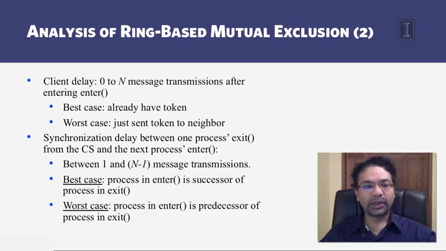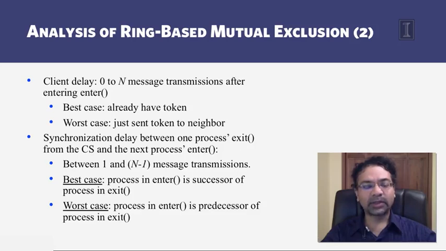What about synchronization delay? Synchronization delay means that 1 process releases the token and 1 other process somewhere in the ring is waiting for the token. The best case is just 1 message transmission, where the waiting process is the successor of the releasing process, which means that the token makes only 1 hop before it gives access to the critical section. The worst case is when